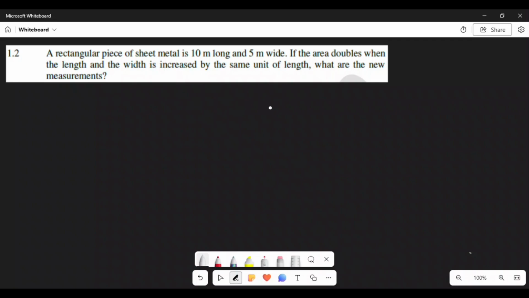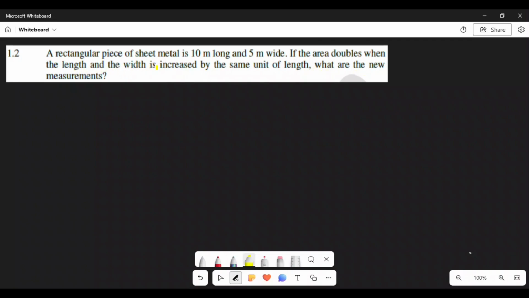If the area doubles when the length and the width are increased by the same unit of length, what are the new measurements? So basically they want to know what is the new length and the new width when the area doubles. So that's basically what they ask for. But we are also given another piece of information that we need to pay attention to. They said here